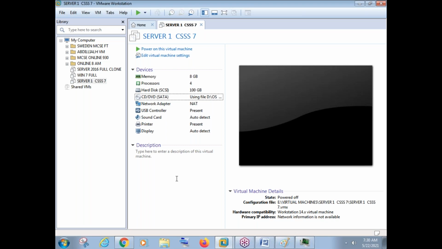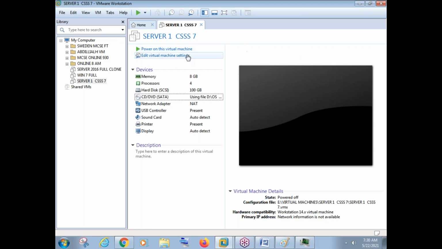That's it. So once I power on this virtual machine, whatever I do from here will be the same on a virtual machine as well as on a physical machine. The installation process will be the same, the configuration, the administration, everything will be the same. This is the only single difference we need to understand.